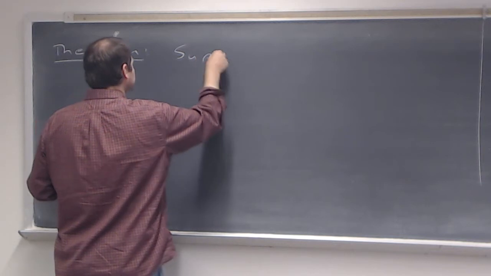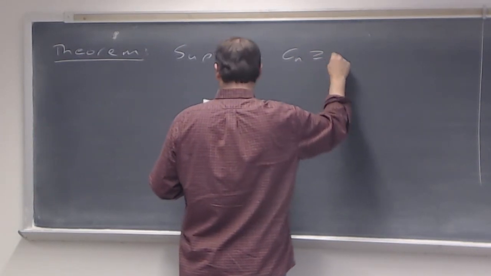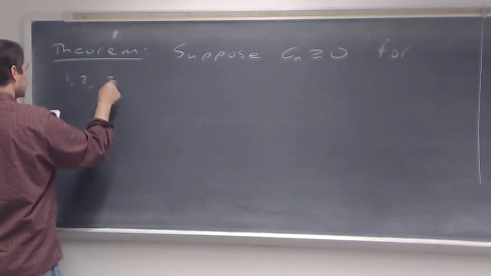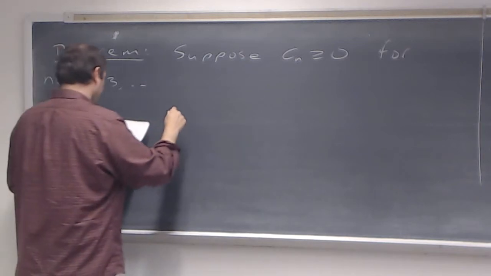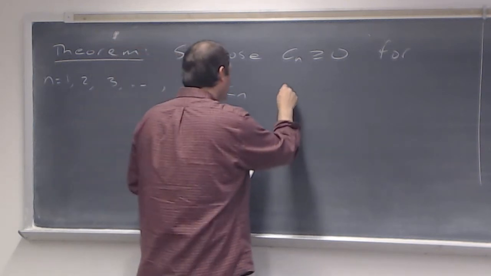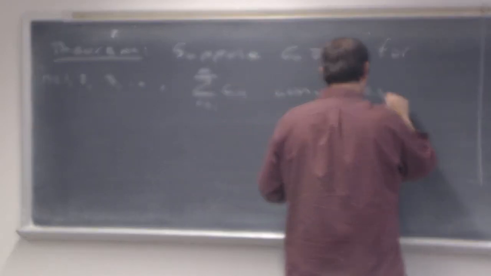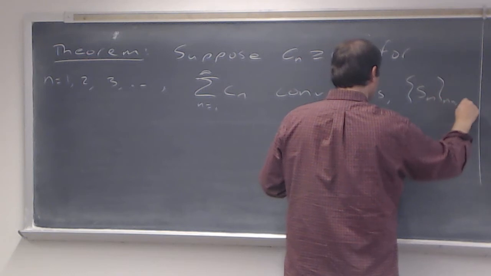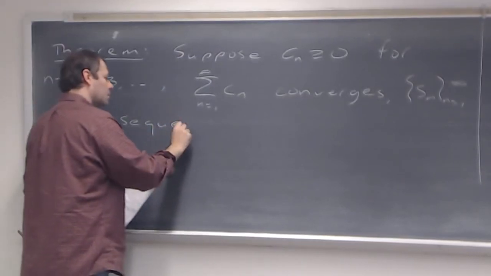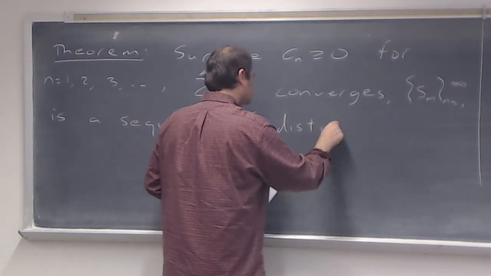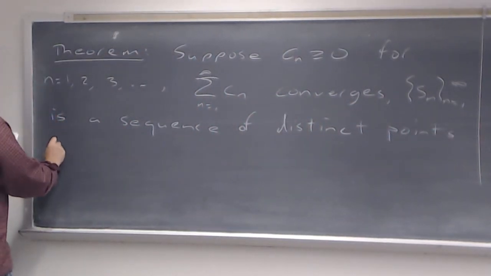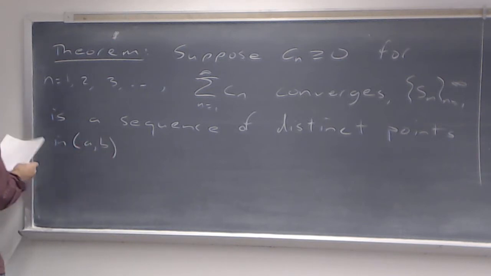It says, suppose C sub n is greater than or equal to 0 for n equal to 1, 2, 3, forever. And the sum of the C sub n's, n running from 1 to infinity, converges. Suppose that S sub n is a sequence of distinct points in [a, b], and